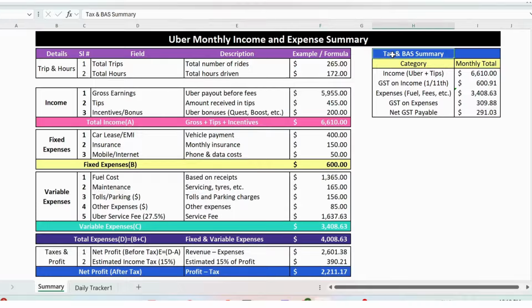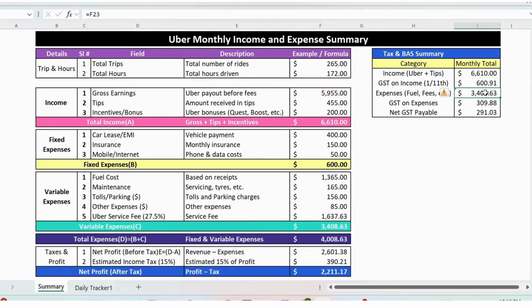On the right side, you also have this tax and BAS summary. The total income from Uber, that will be what we have here, that is gross earnings, tips and incentives. And then you have the GST on income, that is 1/11th, so that will come around 600.